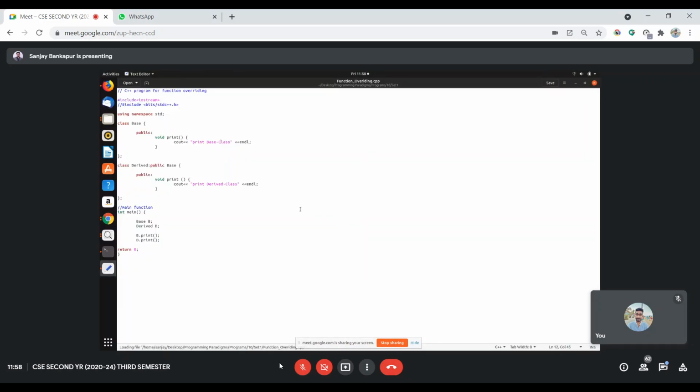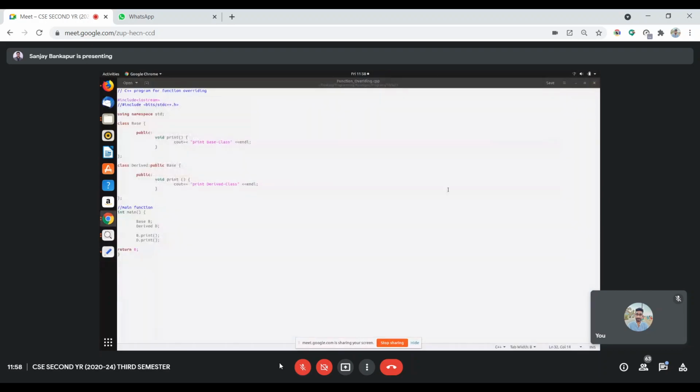What I've done is I've taken a base and a derived class, and I have print here. Same method, same method. Okay, and we take an object from base b and derived d, b dot print, d dot print, right?